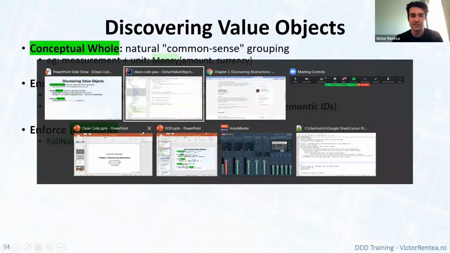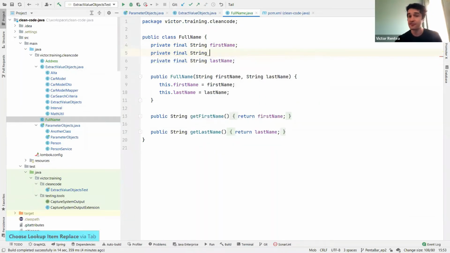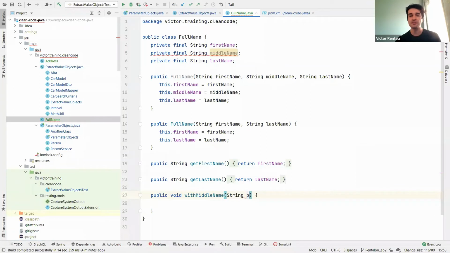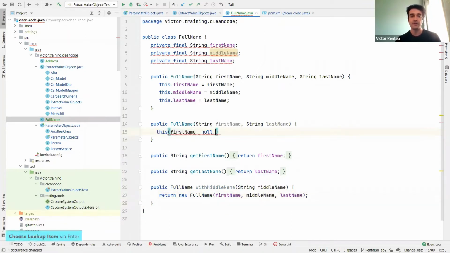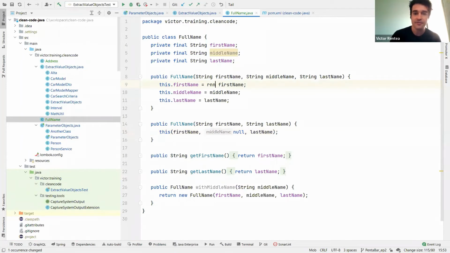Let me try to sketch this in the code, because it's interesting. Something is different in this example. If you have a private final string, it's still immutable, but middle name is optional in the sense that I don't take it to the constructor every time. Now, what would I do? I will create another constructor, the canonical constructor, and I will add what we call a wither, withMiddleName. The stuff which is optional to provide, I will take in a method that will return a new full name, keeping the first name in place, putting the new middle name and the old last name. That is like in all the fields which are not really required: first, null, last will be taken through, those required come in the constructor, and the first name is required not null,